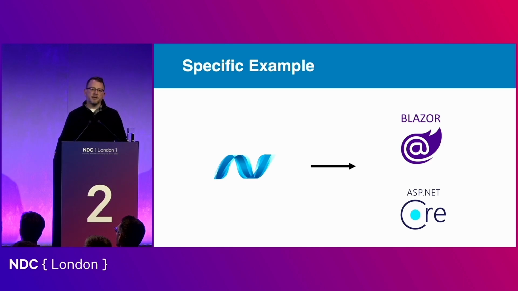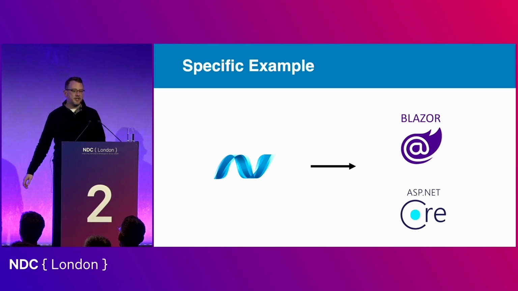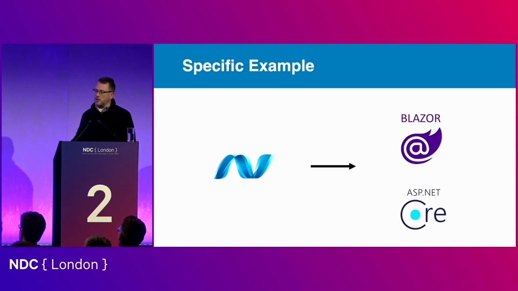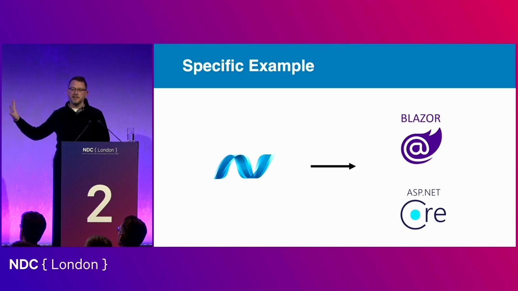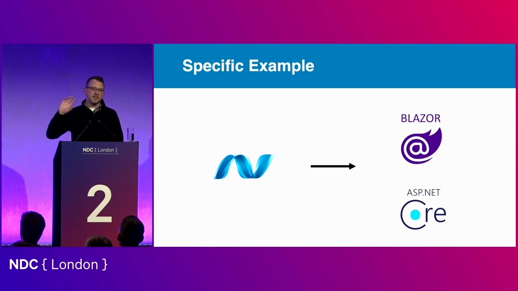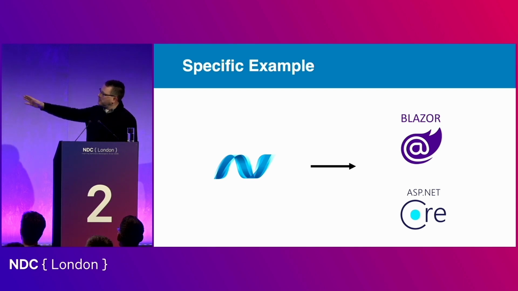So one of them is coming from classic ASP and going to a Blazor client front-end application with an ASP.NET Core Web API backend. This is something that we helped a client do. And as you can see, a lot of different technologies involved. And maybe the most noticeable change here is that the application was essentially a client-server, simple server-side rendering type application before. And now there's an API layer. And so you might be thinking, how did you do that? Well, basically, in this